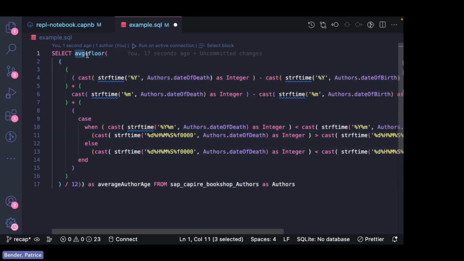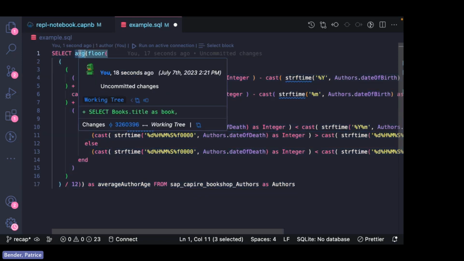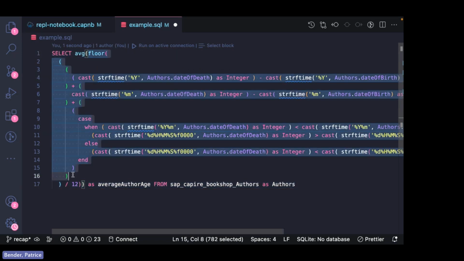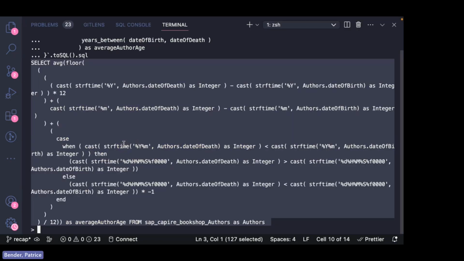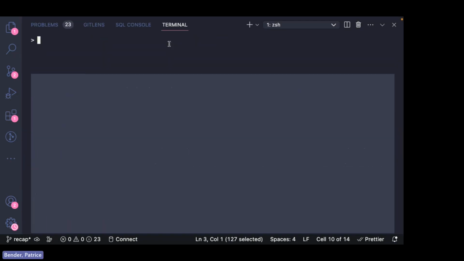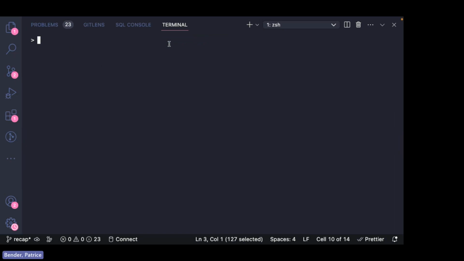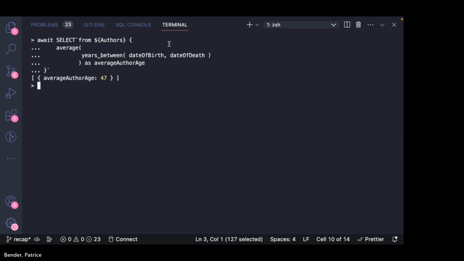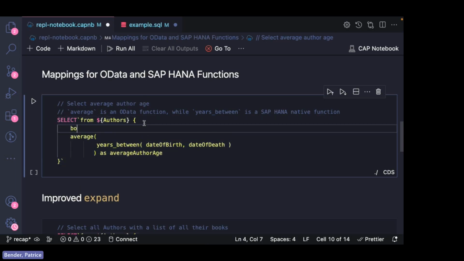We have the mapping for the AVG, which one can understand, but all the other stuff in here is the mapping for the years between function, right? So crazy. And to prove that this works, I will fire the query against the database real quick and get the average author age back. I could go and enhance this example by